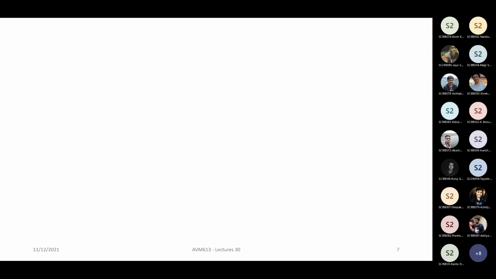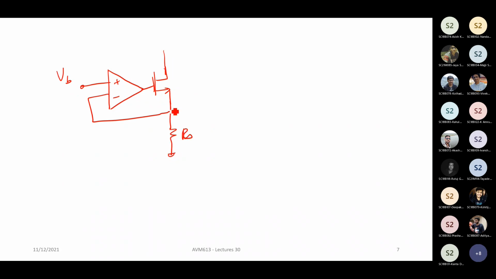So in this particular case, this is another way to look at it. Suppose you put an op amp in front, like how we have done. Let's say this is given to some VB. Let's say this node is called P. And let us say there is a shift of delta V here. Now, what will happen? What is the job of this op amp? Basically, this is a negative feedback. So what do you think the op amp will try to do?